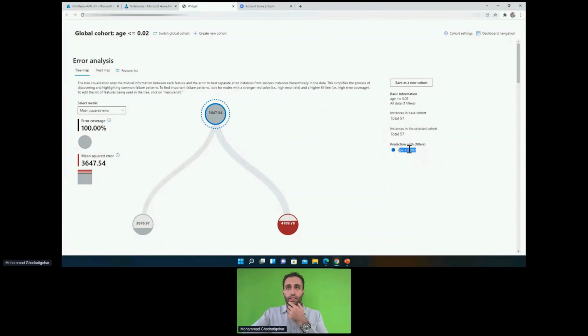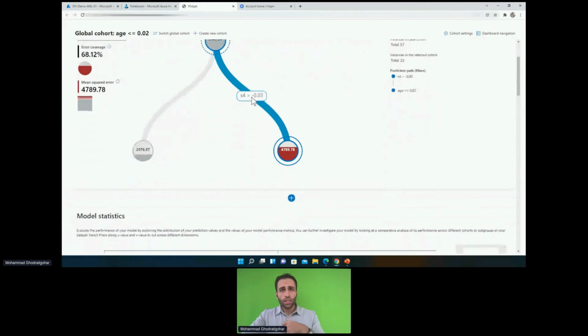Still, after having that condition, I have red color here, and if I click on that, it's telling me that this S-row value, which is I think the close to level, is more than this scaled value. I have 60% error coverage, and that's the mean squared error. So that means when the age is this and the S-row feature is this, that's the pattern that I saw, that my errors are distributed more there. That's the time that I got a good hint of what is happening on the back end. And now you see how I'm interpreting the model to make it transparent for everyone, how the model is behaving, right? So let's move a little bit more.